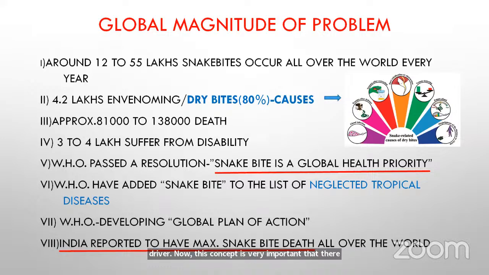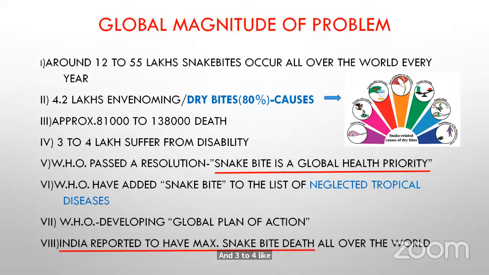Even if the snake bites you, there are many reasons that it may not inject venom into your body. This is called a dry bite. In 80% of the cases, it is a dry bite. There are so many causes of dry bite, like the gland of the snake is infected, or the snake has bitten you through your clothes, and so many things. So remember, when we counsel, I'm going to tell you how we counsel. The first thing we tell the patient and the parent is that this could be a dry bite also, so don't worry about it. Approximately out of these, around 81,000 to 1,38,000 deaths occur, and 3 to 4 lakh suffer from